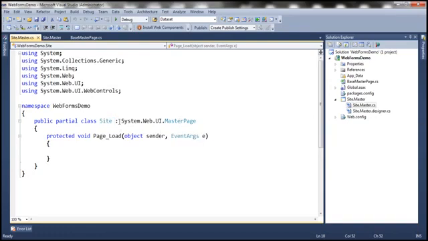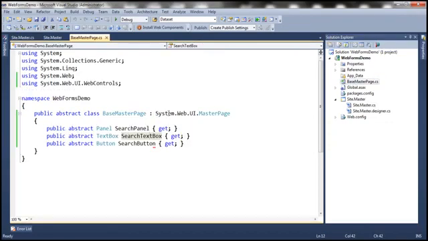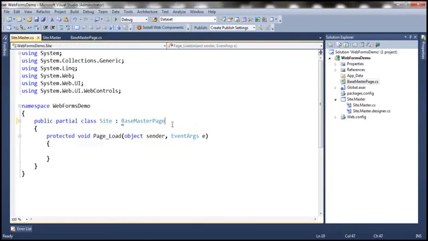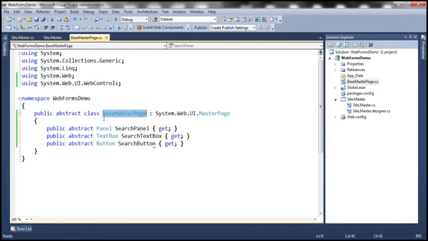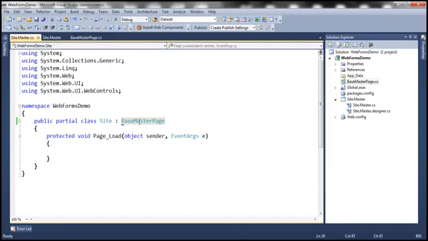Instead of that, we're going to make this inherit from base master page class that we have just created. Okay, now look at this base master page class has got 3 abstract properties. So obviously this master page, which is inheriting from that base master page class, has to provide implementations for those